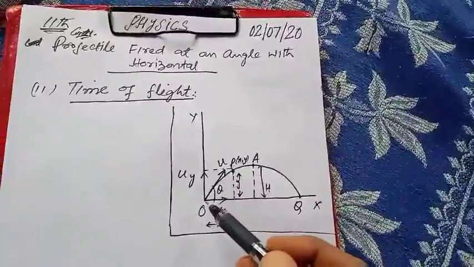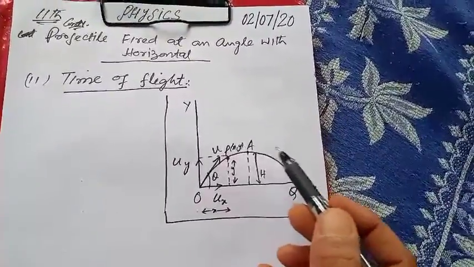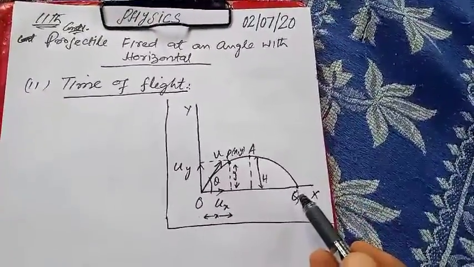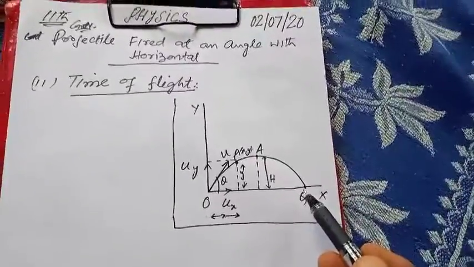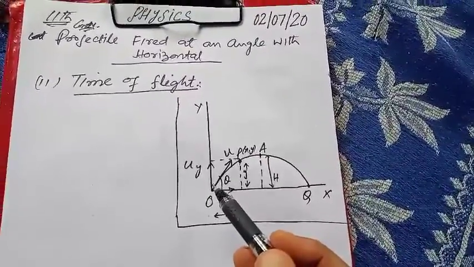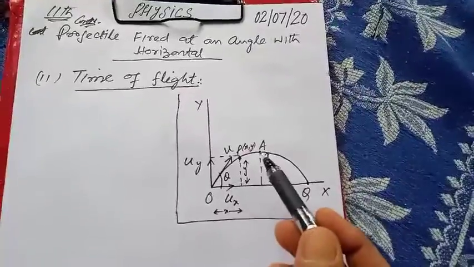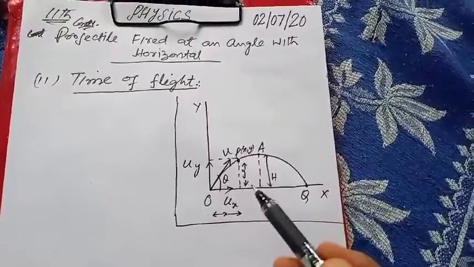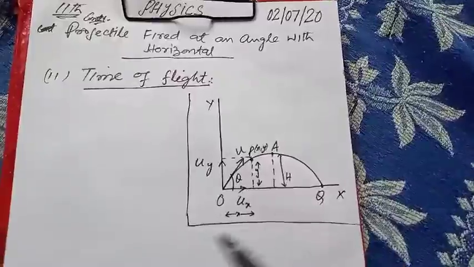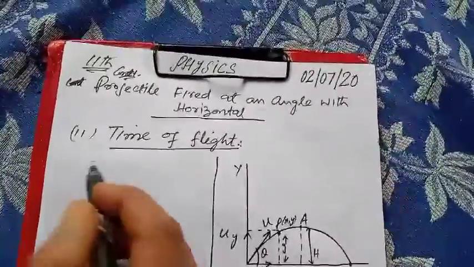If the time taken by the projectile from O to Q is capital T, then time of ascent will be half of the time of flight and time of descent will be half of the time of flight. So time of flight is the total time